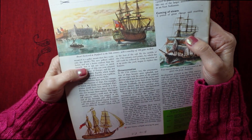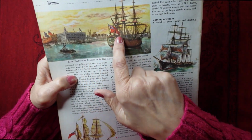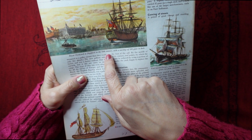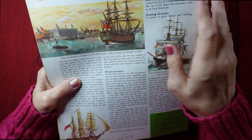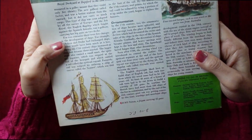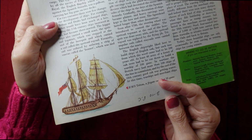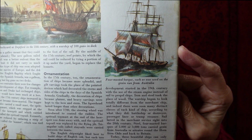So, what pictures do we have? This is the Royal Dockyard at Deptford in the 18th century, with a warship of 100 guns in dock. Then down here we have HMS Triton, a frigate carrying 32 guns. And this one is